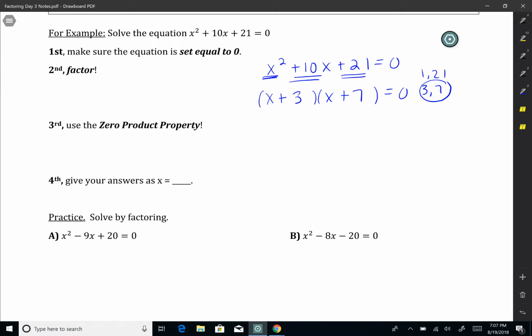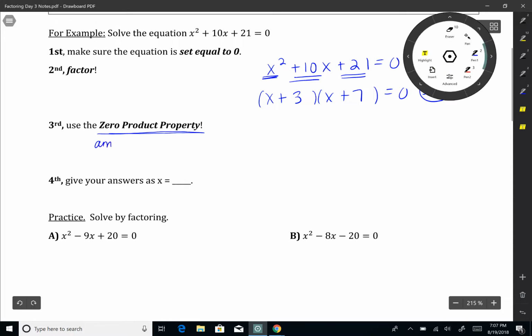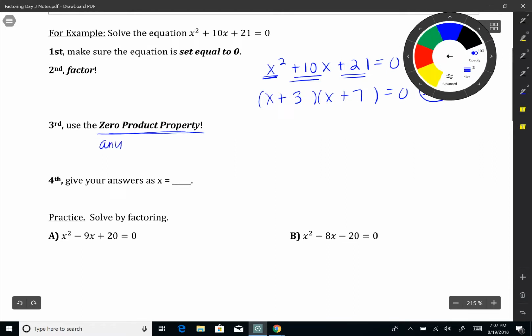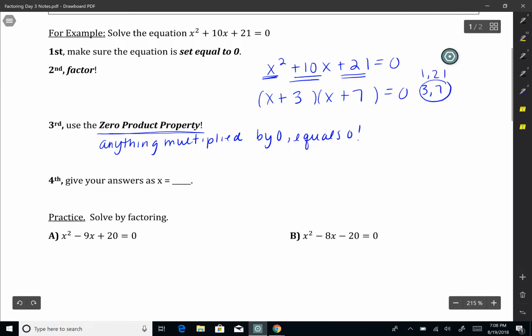Once I have factored, I use the zero product property. The zero product property states that basically anything multiplied by 0 is 0. We know this. We learned this a long time ago. Okay, so anything multiplied by 0 equals 0. So what that means for us is we need to figure out, remember that what this says is